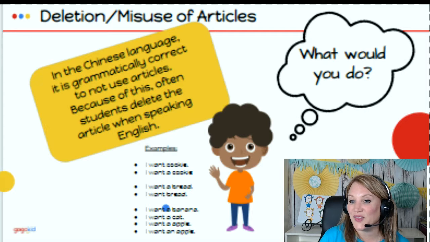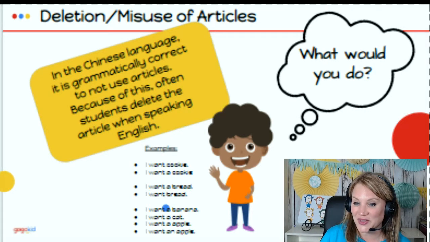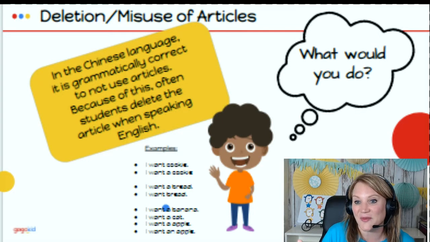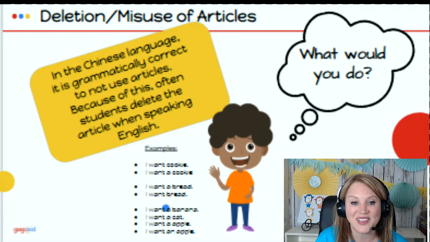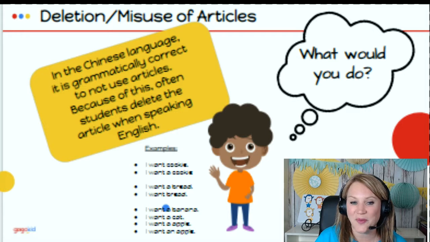Deletion or misuse of articles. Did you know in the Chinese language they do not use articles? Because of this, our students will often delete the article because it's not something that they are used to doing. And so they have to see this many times and have lots of repetition, and we can help that